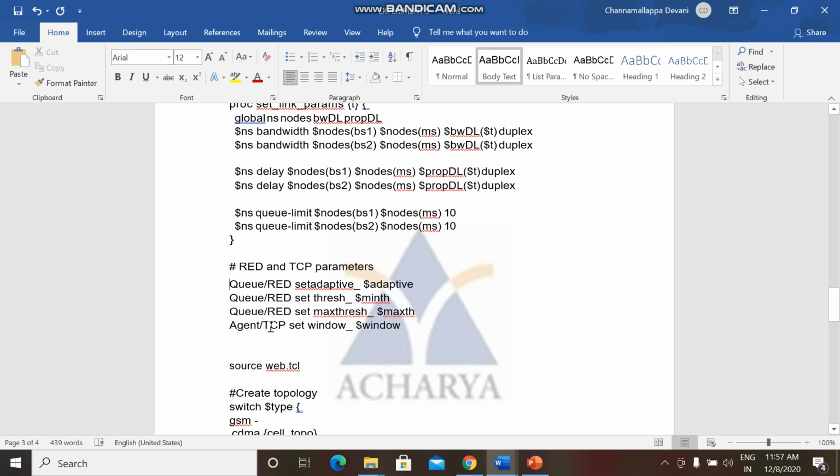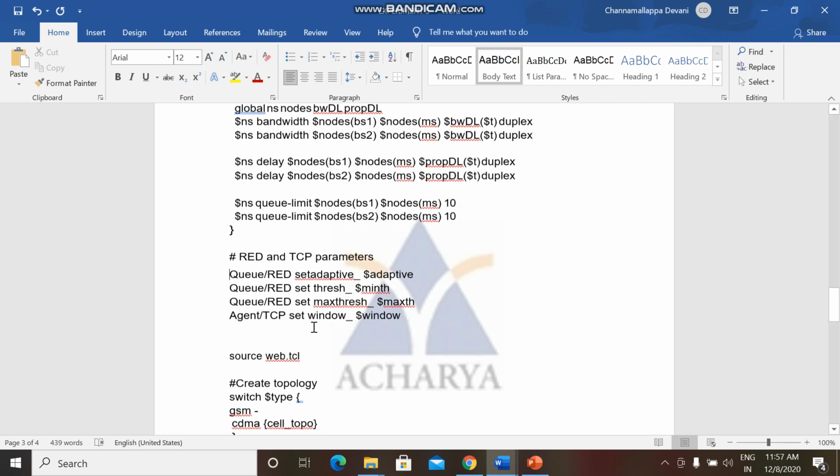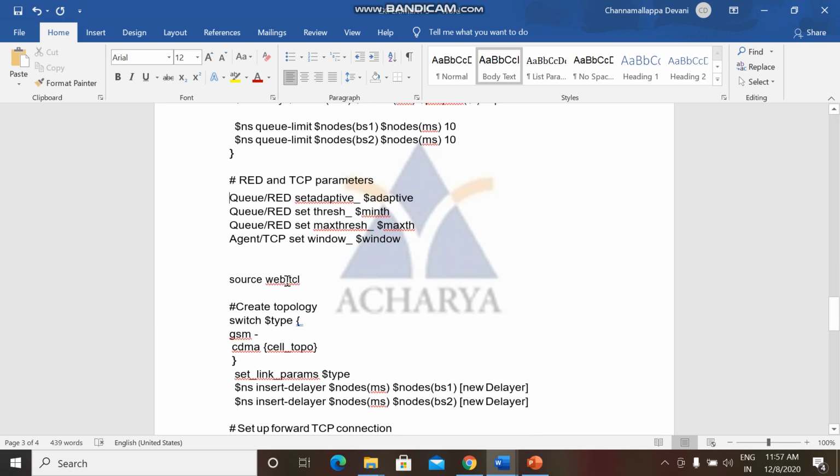And for the agent, here we are using a TCP agent as the transport layer protocol, with the window set to 30. As I told you, in the case of 2G technology, we are not using a NAM file, we are using a web trace file. Now where is this web trace file present?